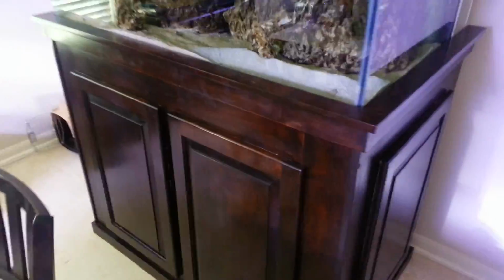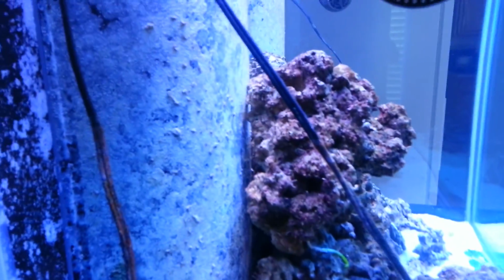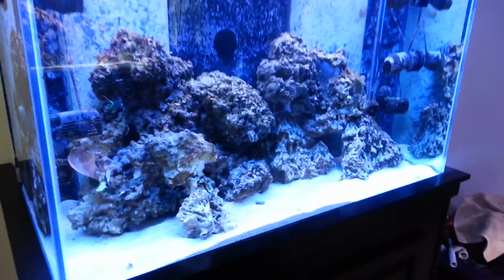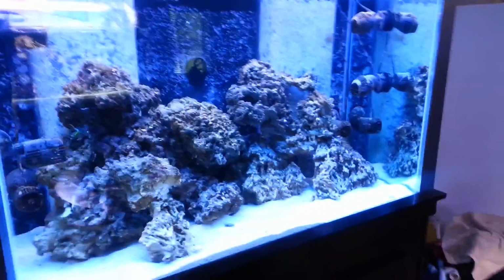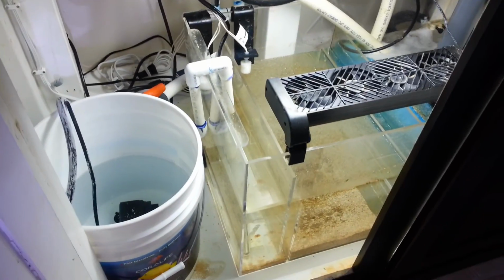But it's still cycling. I picked it up last week, so it's been a lot of getting stuff organized and set up on it, and I'm letting it cycle. That's what that one looks like. It's a nice wood stain. This other stand for the 180 is going to be wood stained as well. I just have a temporary top off bucket,